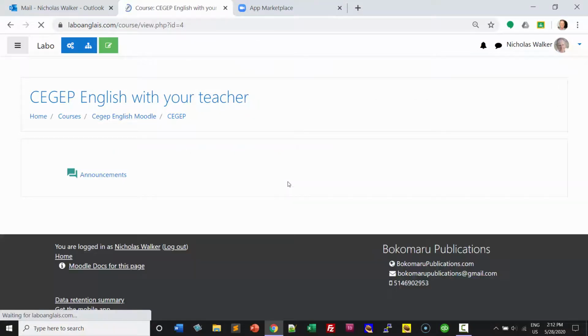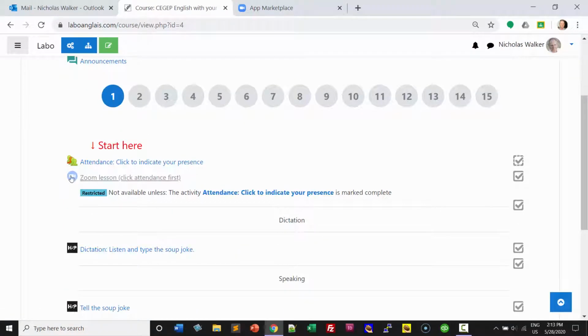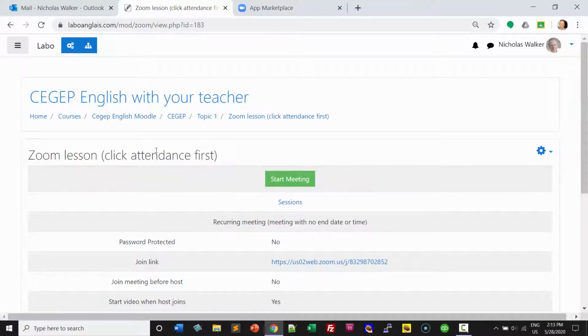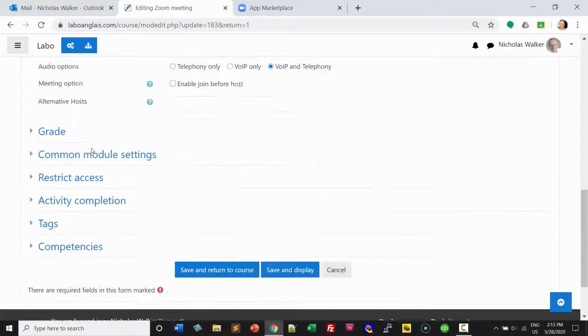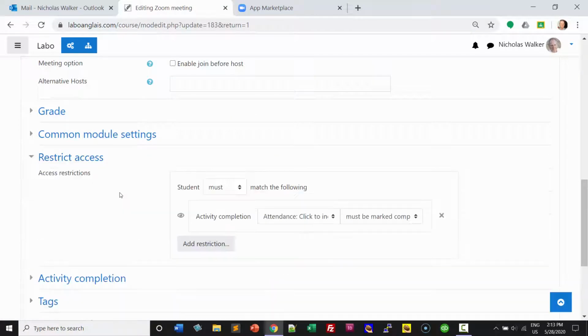Even more useful is the fact that here there's a Zoom lesson, and you're able to, with this Zoom lesson, through the Edit Settings menu, set a condition. Students have to indicate that they have arrived to class on time before they join your Zoom